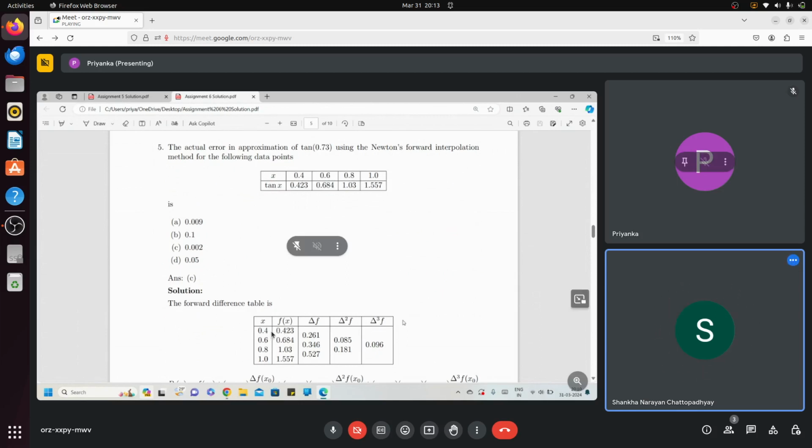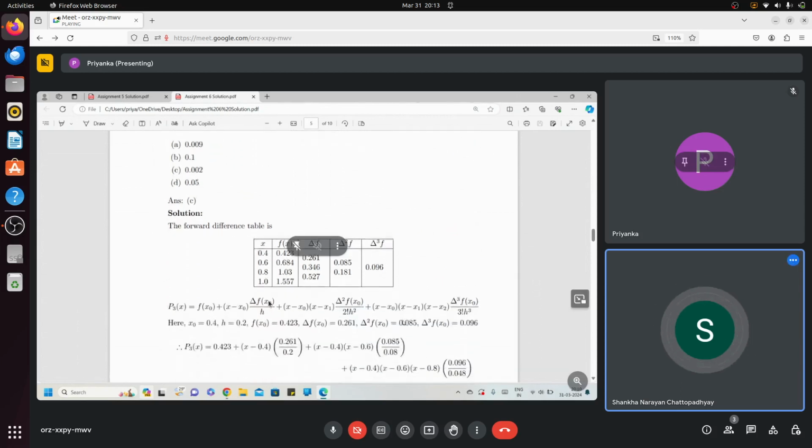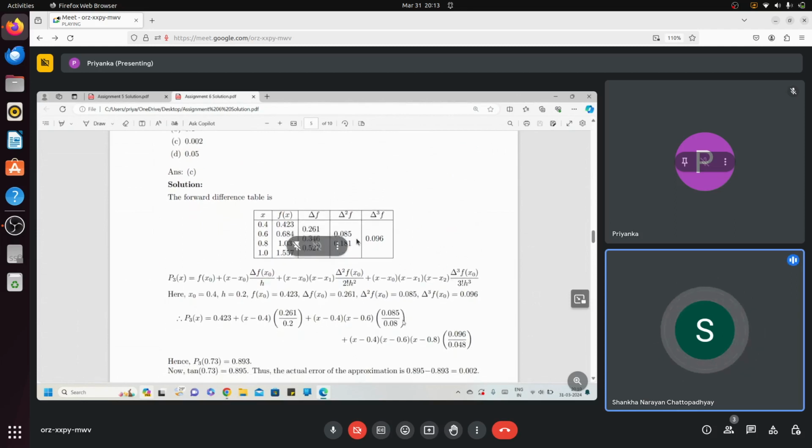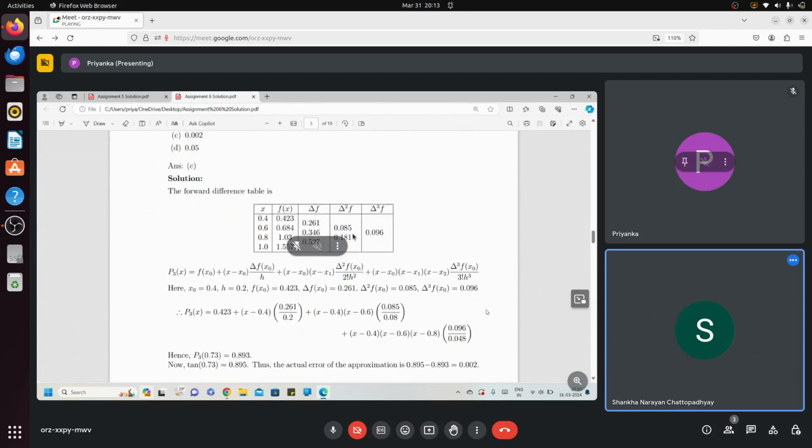So that will be 0.423 plus x minus 0.4 into 0.261 divided by 0.2 plus 0.018 0.085 plus into x minus 0.4 x minus 0.6 x minus 0.8 by factorial 3 into 0.2 whole square, and that is how you just use the forward difference interpolation formula and you just get the answer, and the error you will find out to be 0.002. Next,